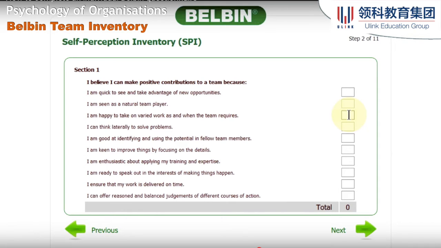But because we're using a drop point system, we have to distribute only 10 points across these 10 items. So you can go 1, 1, 1, 1, 1, but that really wouldn't show any of your strengths. So this is a way to ensure that people aren't just bragging about their personalities. They're actually thinking about, well, where do I want to put the most points? So as an example, just to clarify, if I think I'm a problem solver, I might put 7 for thinking outside the box or laterally to solve problems. And then I have only 3 more points to distribute elsewhere.